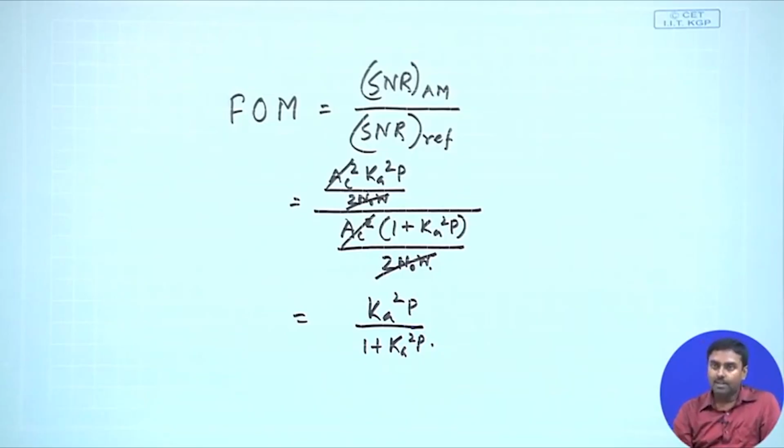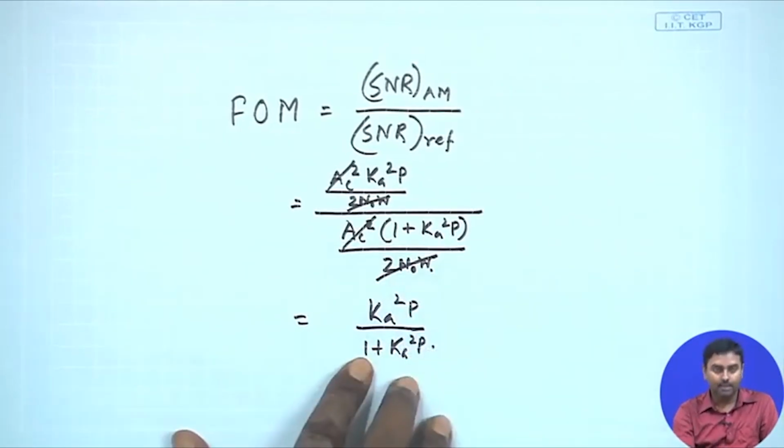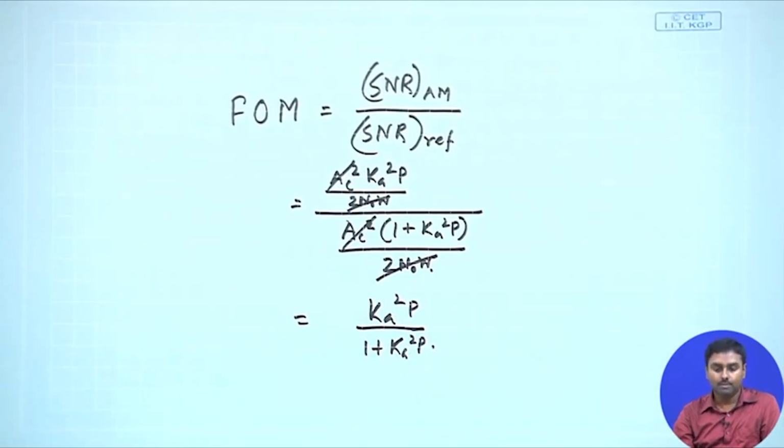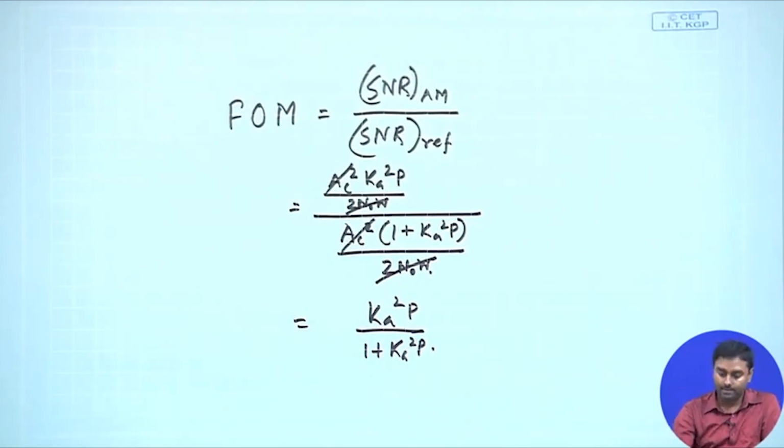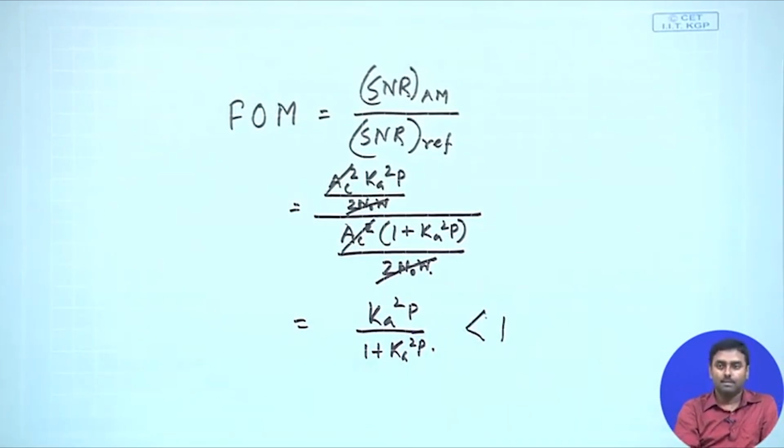which is for sure less than 1, because I already have a Ka square P, I have something added to it. So, definitely I know the figure of merit of this one is less than 1. Okay. So, what does that mean? That actually says that after doing this analysis we could understand that probably DSB-SC is better noise resilient compared to AM, because AM to get similar amount of signal to noise ratio will have to launch a huge amount of power,